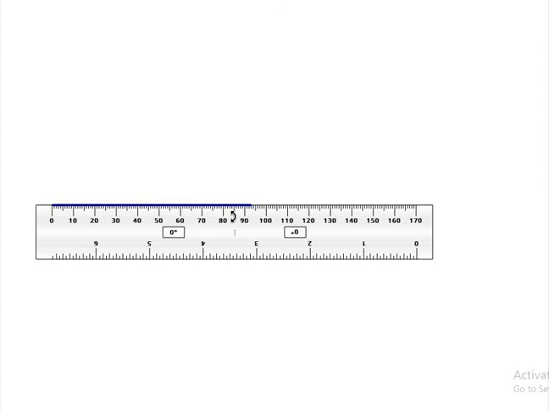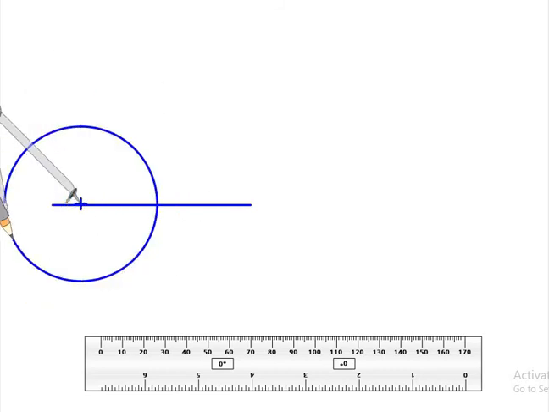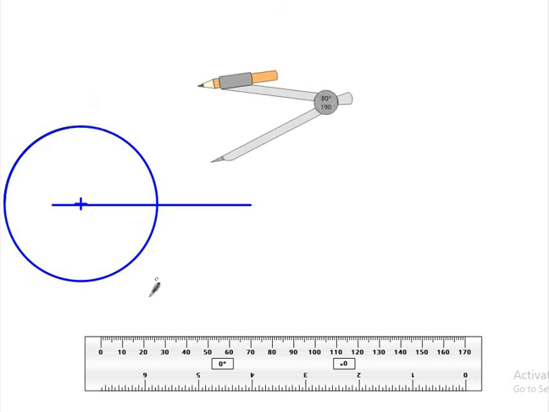Just 5 minutes and we will finish this thing. And again with the help of the compass, I'll take 3.2 centimeters, you draw a circle here. This is the second method what we are seeing. Name the center as point P. This is 3.2 centimeters.